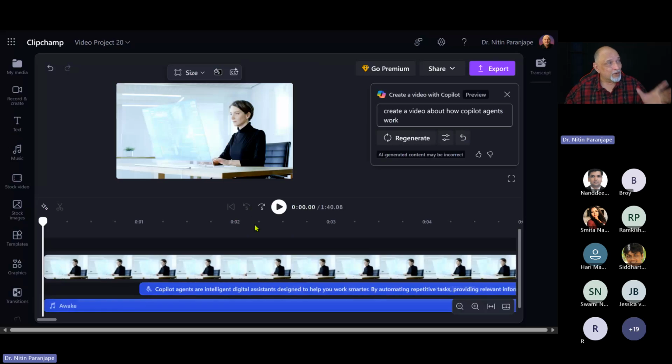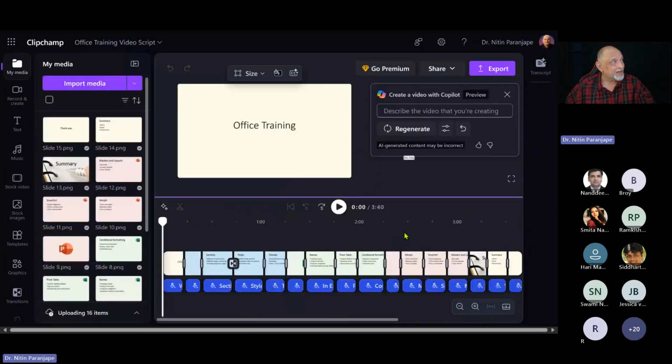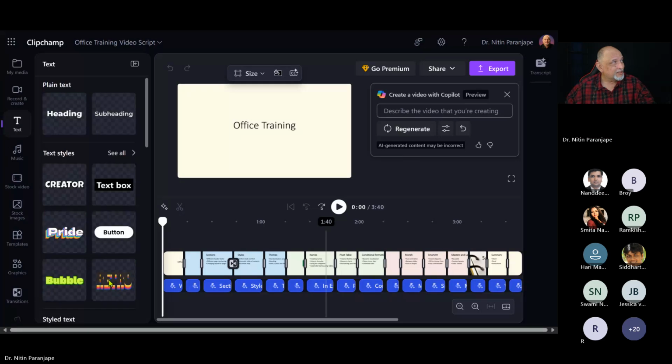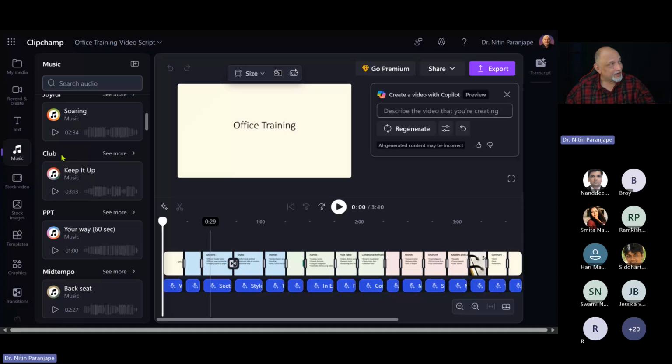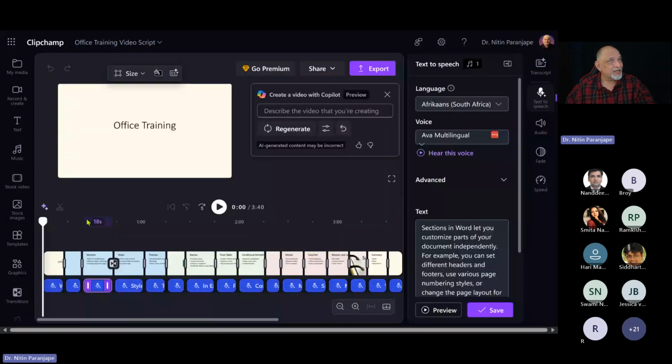Now it's going to create a video, put it on timeline, and it picked up images, collaterals, it generated the script, it created the voiceover, it has put it in the timeline, put titles, and now it is giving it to you for editing. If you don't like it, you can even change the tone, change the prompt, and regenerate the video. It's amazing. And what do you get inside? You get all the things you expect from a video editor: text, royalty-free music, stock videos, icons, transitions, and finally,